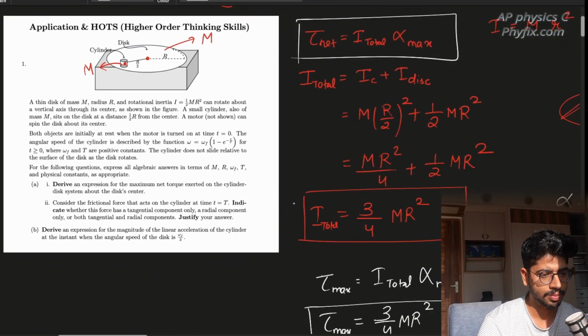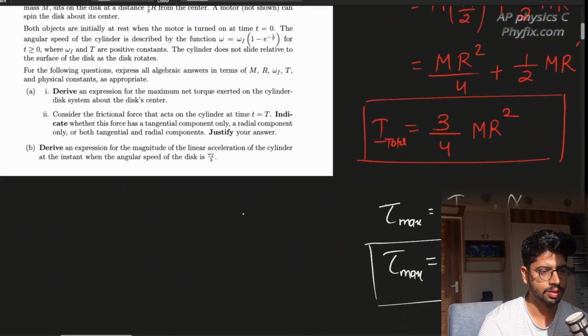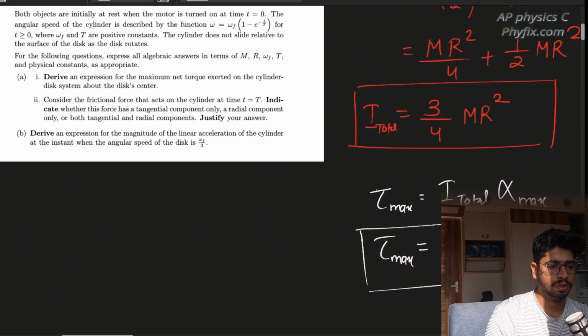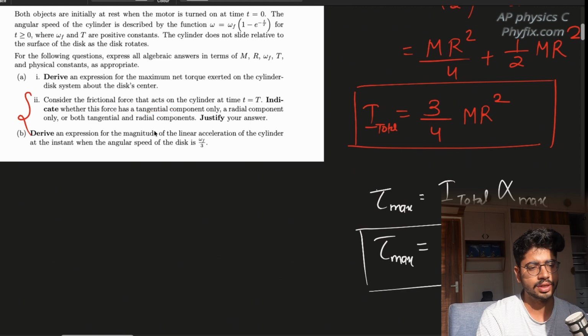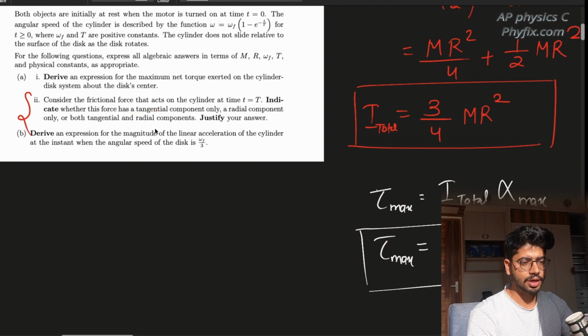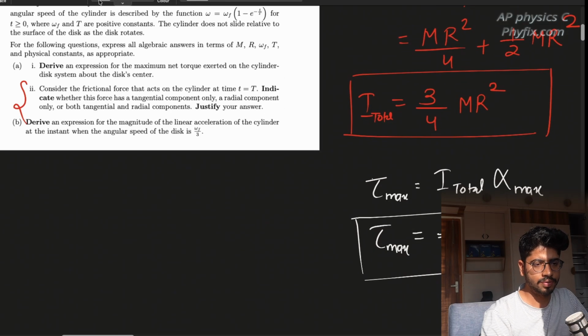Now we have the next part of the question. Consider the friction force that acts on the cylinder at the time t equal to capital T. Indicate whether this force has a tangential component only, or a radial component only, or both of them. So the thing is, if you see it carefully,